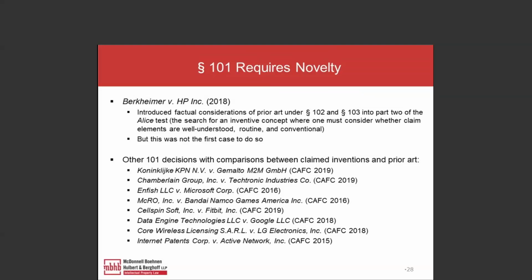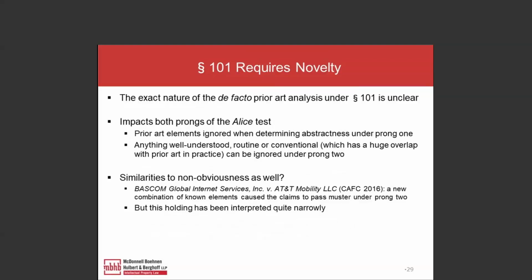This is a list of 8 cases that I was very easily and quickly able to find where this explicit comparison exists. I could easily find twice as many more. The Federal Circuit has been doing this at least since 2015, so this is not new at all. The real challenge here is that the nature of the 101 prior art analysis, if you want to call it that, is really unclear. We know that it can impact both prongs of the Alice test, and here's where things get really tricky, because the Federal Circuit has said from time to time, at least certain panels have said, that